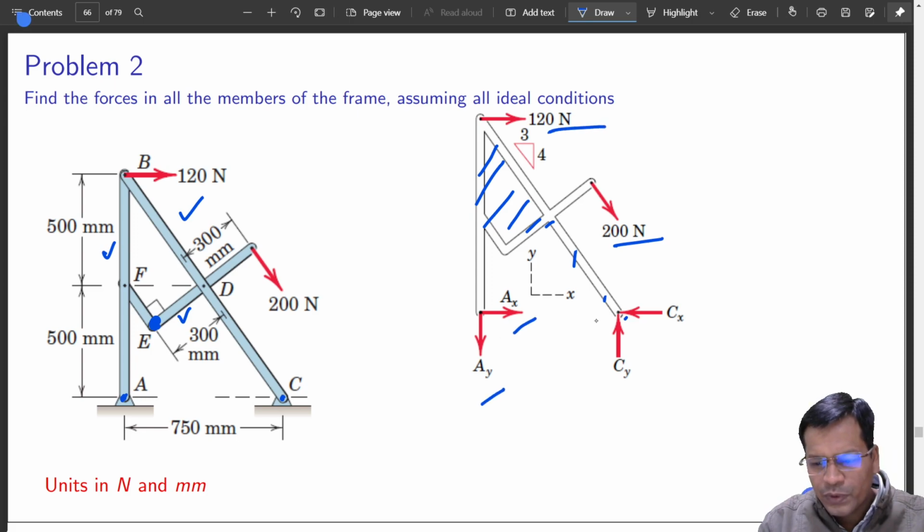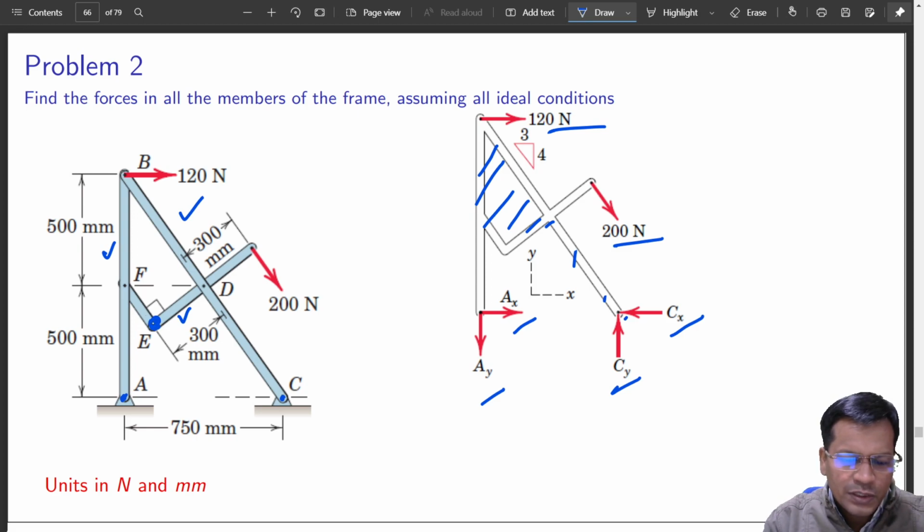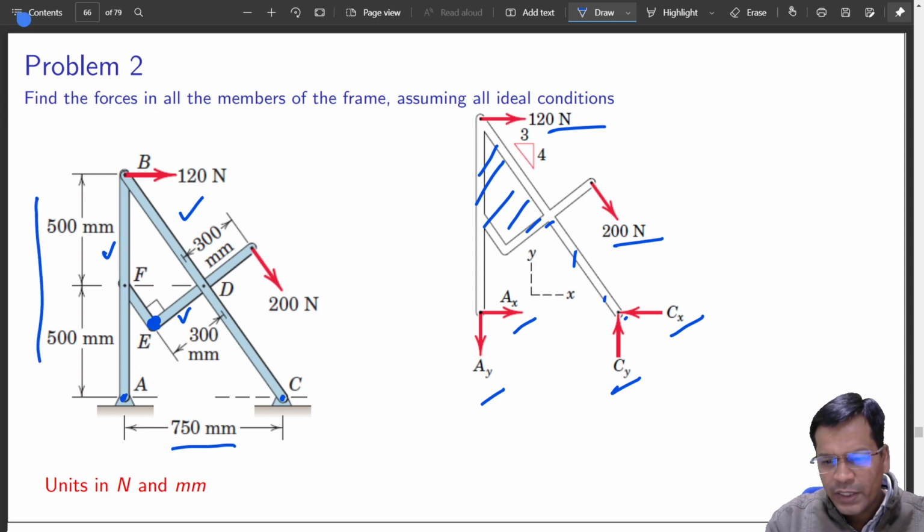These two are the forces that we intend to find out. I assume for now this is also frozen so that the system is non-collapsible and rigid. I have assumed in my favor. And then the distances are 750 and this is 750, total 1000. So it is 750, 1000, ratio is 3/4. So this angle is known, this angle is known, that we'll use later though.